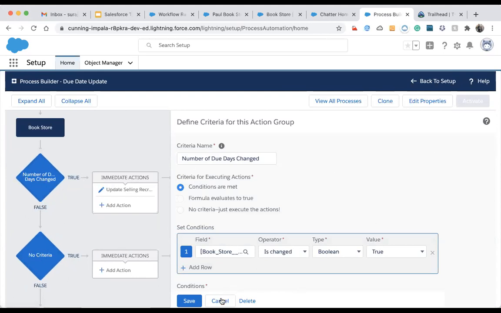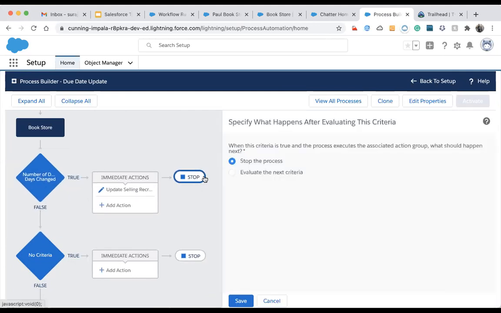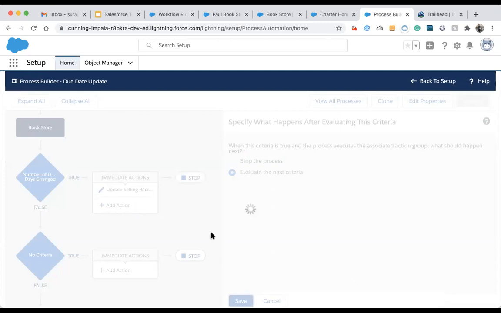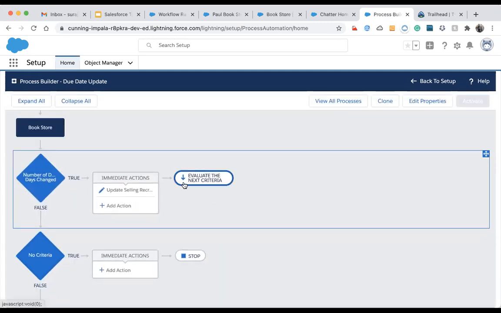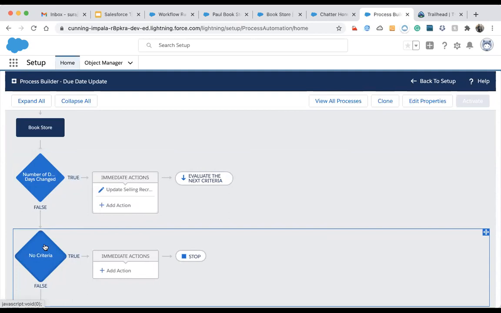For this, what I can do is, instead of stop, I will make it evaluate the next criteria. So it will just evaluate the next criteria and not stop here, meaning if this condition executes, this criteria will also execute. If this condition does not execute, then this criteria will also execute.